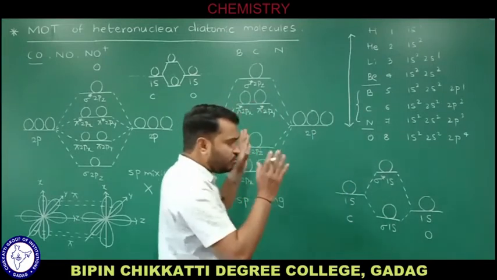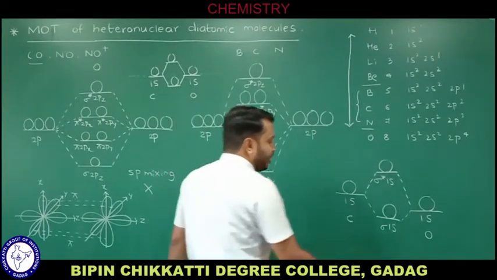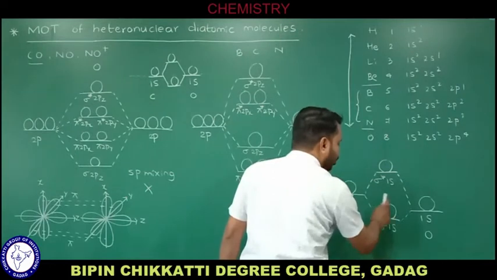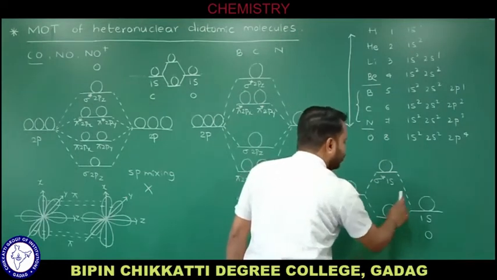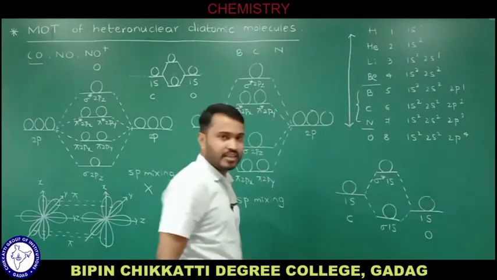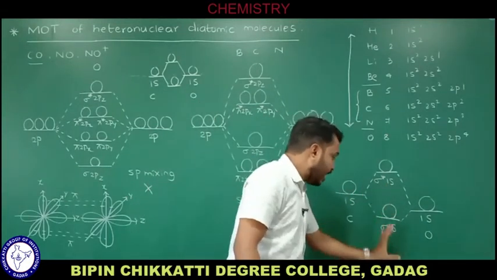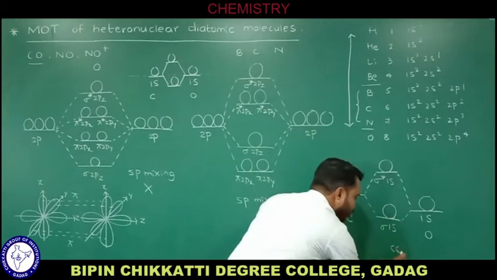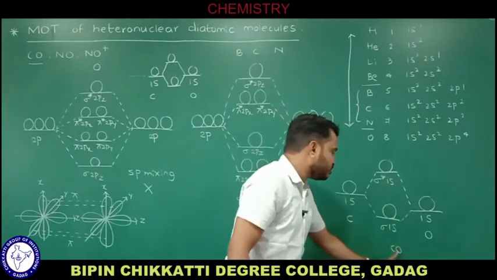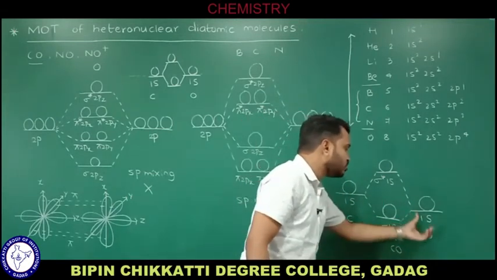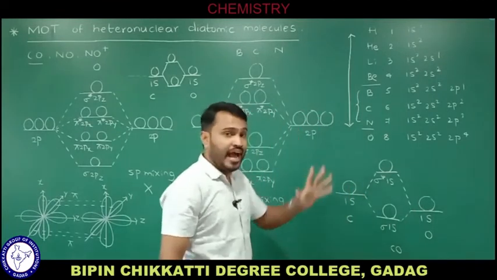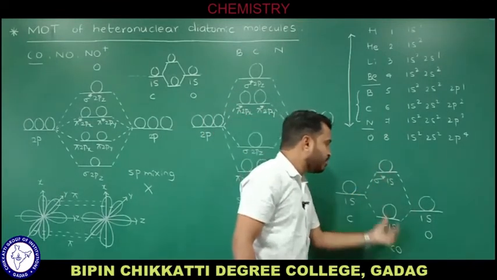If you observe the diagram carefully, the BMO, bonding molecular orbital, is nearer to oxygen than to carbon, isn't it? I repeat, the bonding molecular orbital of carbon monoxide will be nearer to oxygen than to carbon, whereas the ABMO of carbon monoxide is